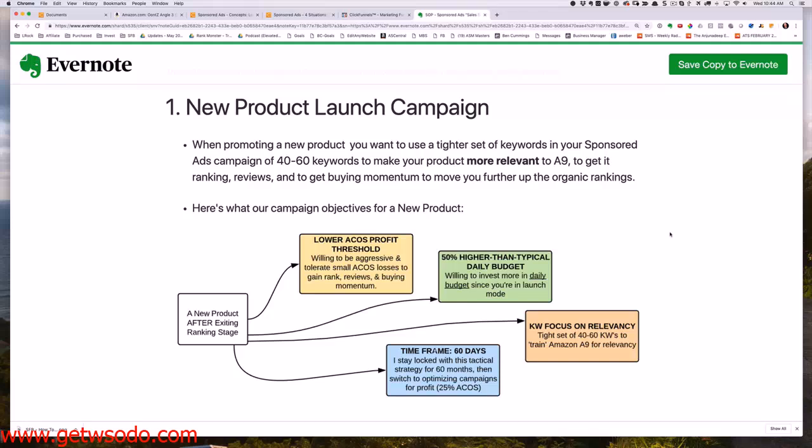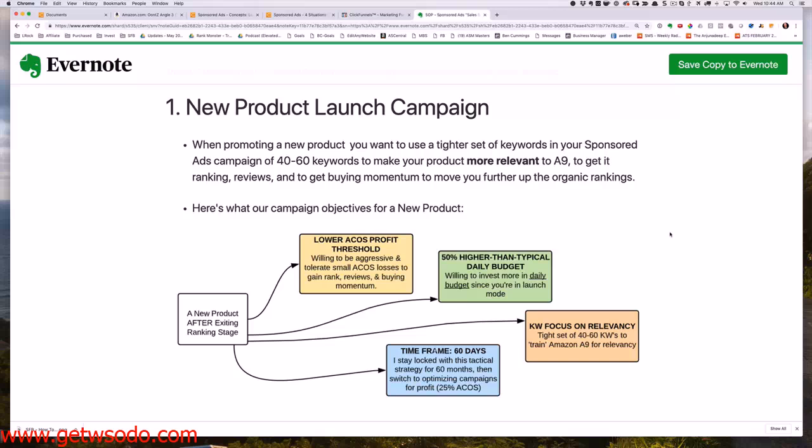Only in the short term, though. Only in the short term. Why? Because we're still in this process where we really want to maintain strong momentum. And so we're going to basically continue to buy rank. So I'm willing to be a little more aggressive on my bids. I'm willing to be more aggressive on my daily budget